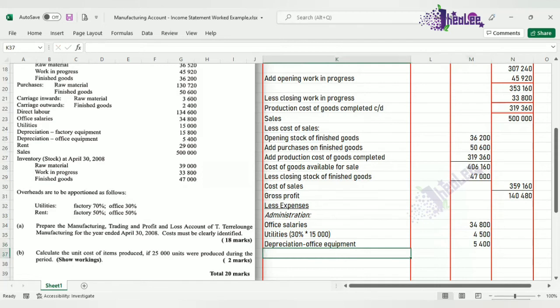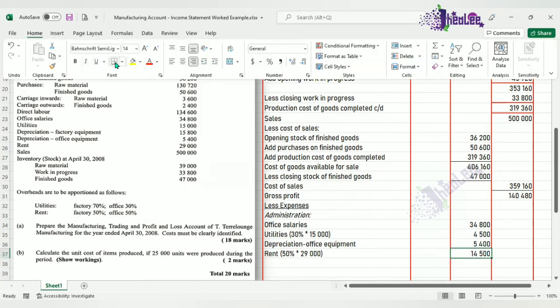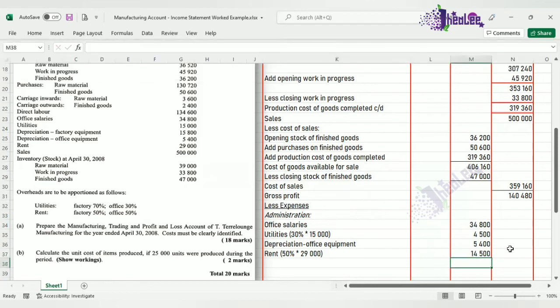Our next administration cost that we have is rent. And the rent must be apportioned as well, and it is 50% to the office. So that's 50% of the rent cost of 29,000, and that gives us a value of 14,500. Now, based on the question, there is no more admin expense. So we're going to total this, and that gives us a value of